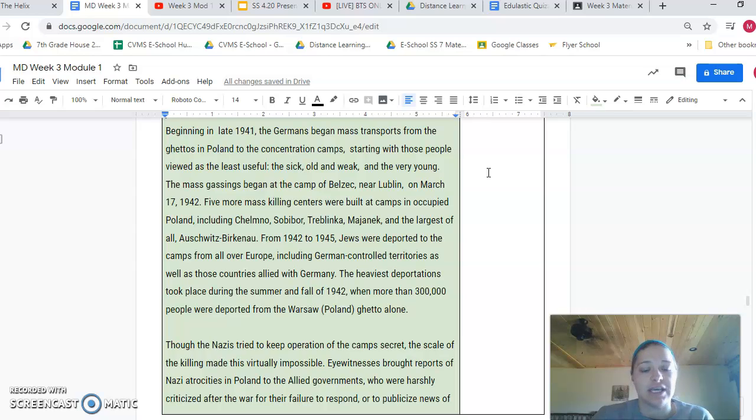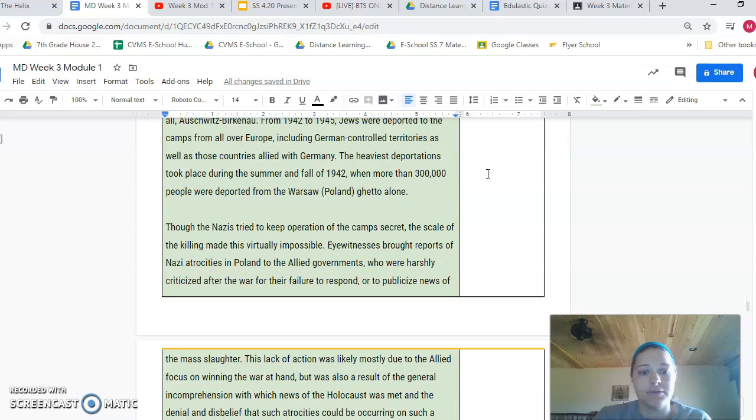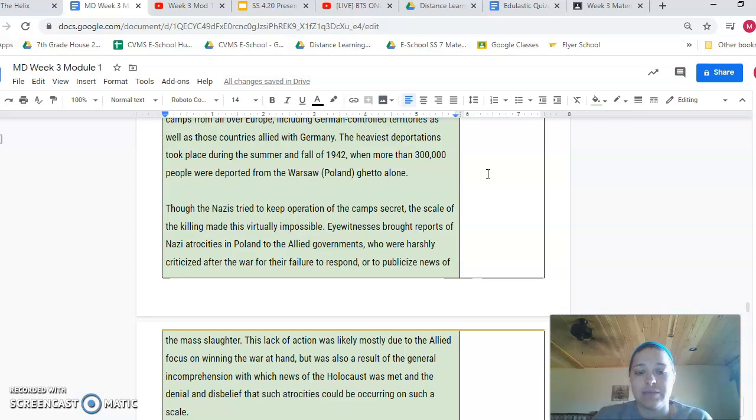From 1942 to 1945, Jews were deported to the camps from all over Europe, including German-controlled territories, as well as those countries allied with Germany. The heaviest deportations took place during the summer and fall of 1942, when more than 300,000 people were deported from Warsaw Ghetto alone. Though the Nazis tried to keep operation of the camps secret, the scale of the killing